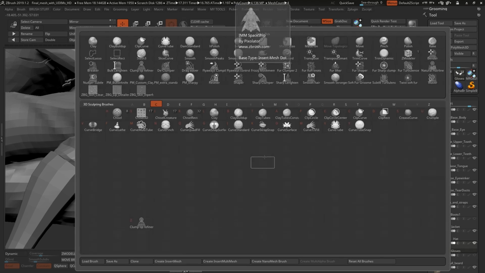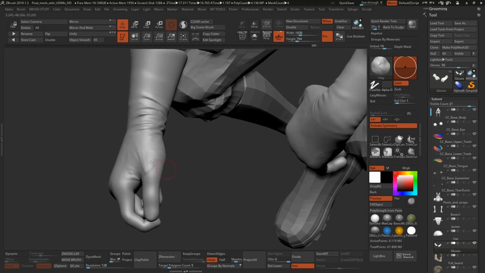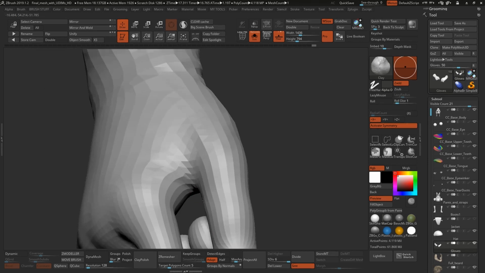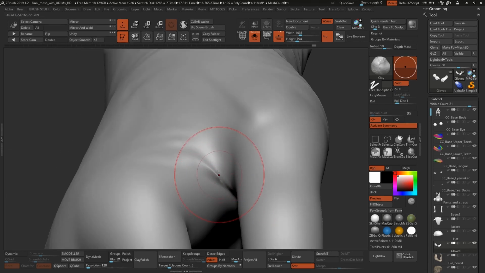Let's just bring that brush up and go into solo mode. Here we go. So there might be some cases where the topology is kind of getting a bit destroyed in this case, so I can just use the smooth brush to soften that up, right? And then I can just refine the wrinkles and add the volume where it should be in the higher